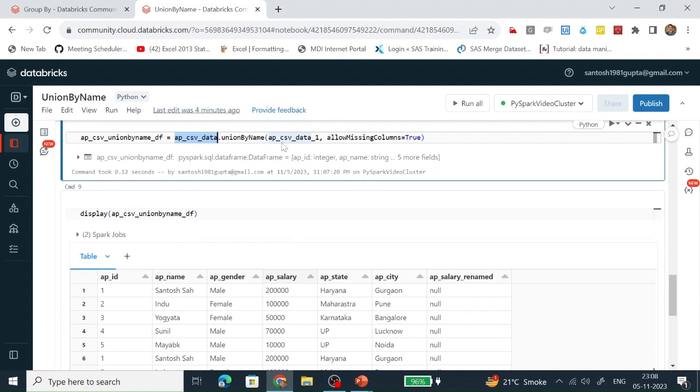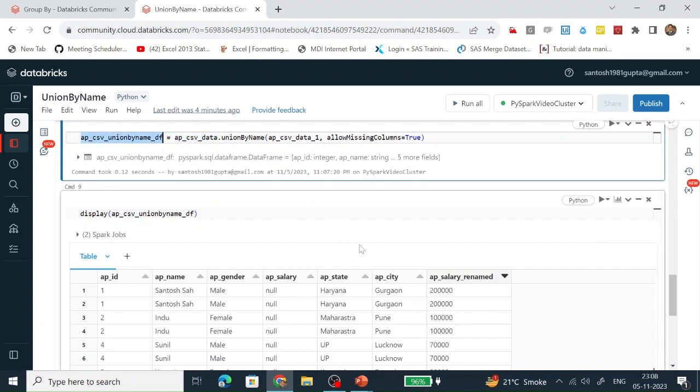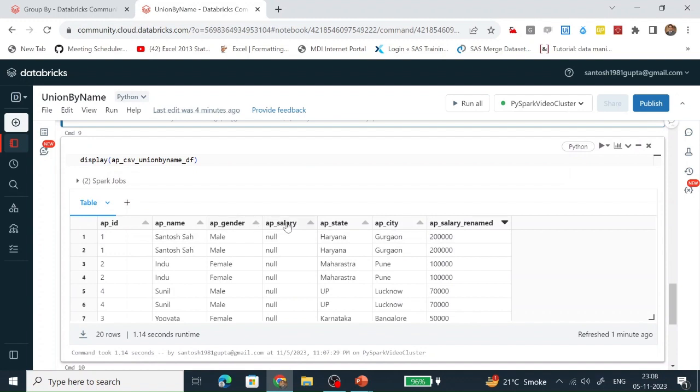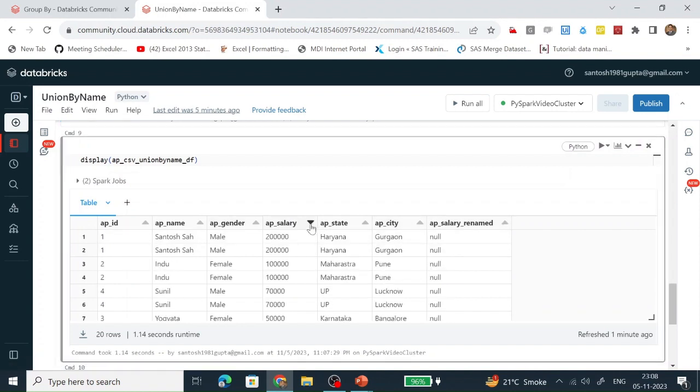For instance, AP salary is not present here and AP salary renamed is not present here. So in this data frame, unionByName included both columns, and where a column is not present, you can see the value would be null. If AP salary is present, AP salary renamed would be null, and if AP salary renamed is present, then AP salary would be null.